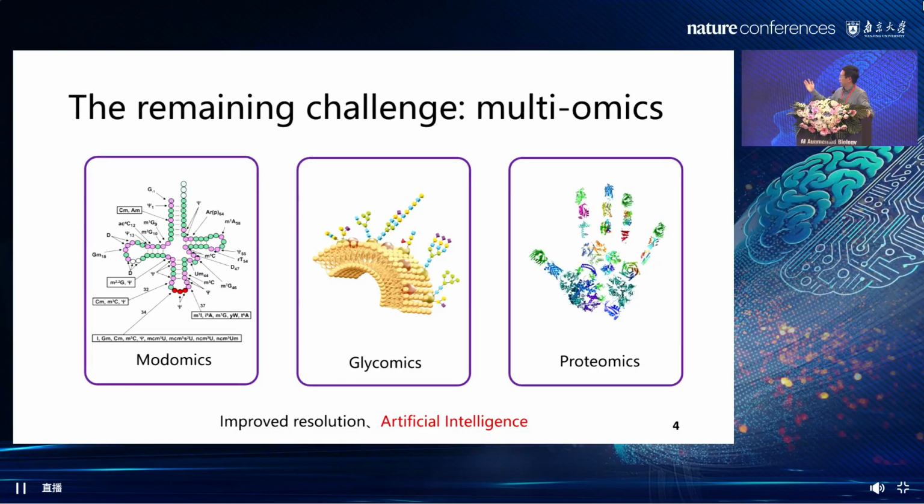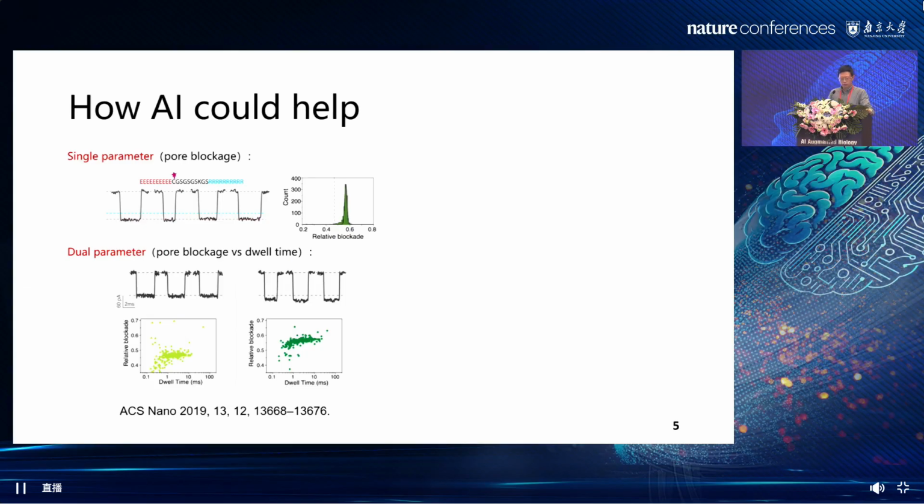So according to these figures, you can see that they are very complicated, containing rich chemical information, just like a biology language. So we will need much improved resolution of nanopore and also artificial intelligence to solve these problems. By looking at more conventional and old-fashioned nanopore research,